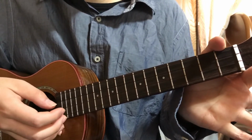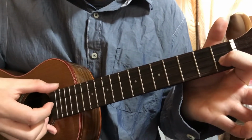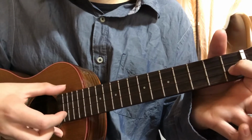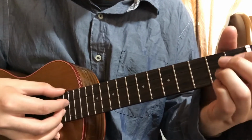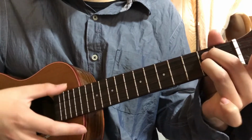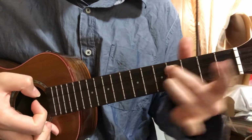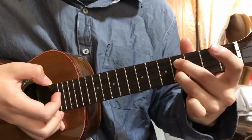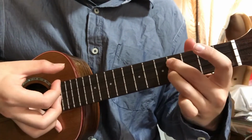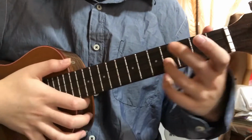And play the second string, open string, and play the second string. 0 0 1 0, and play the second string, the first string, and do like this. So start with 0 2 2 0 and play the middle two strings and slide them to the 4th fret, the same shape. So 0 4 4 0. Okay, play and slide them. Okay, and